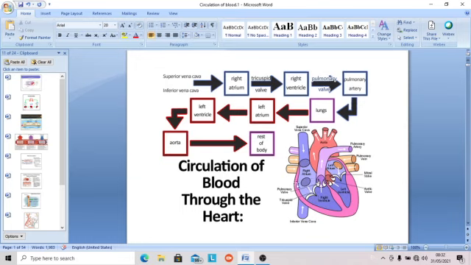So once the blood has come here, provided the bicuspid valve is normal and there is no stenosis, provided there is no atrial arrhythmia, atrial fibrillation or flutter, and provided the walls of the atria are strong enough to have a sufficient contraction, whatever blood is present here will come down into the right ventricle.